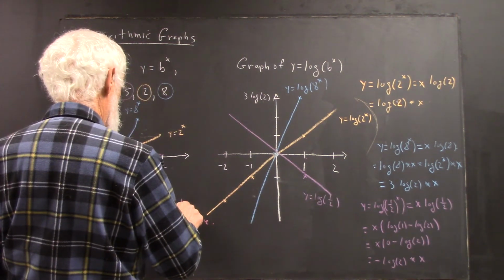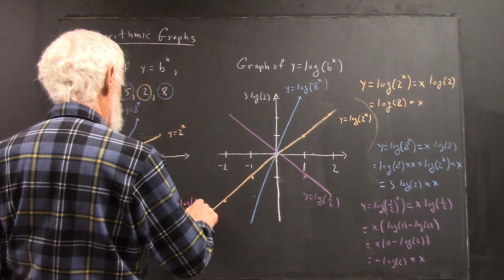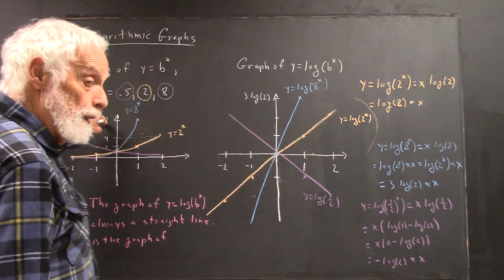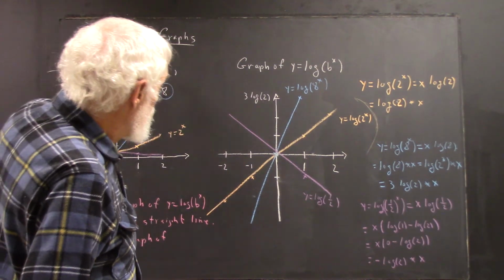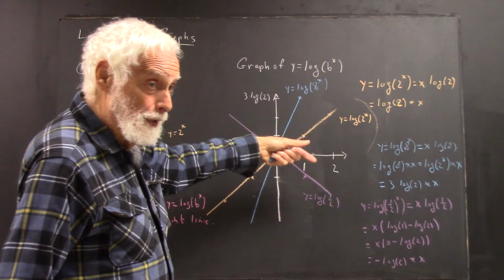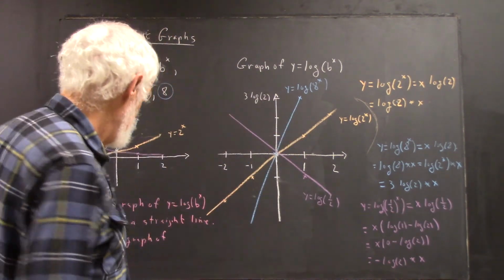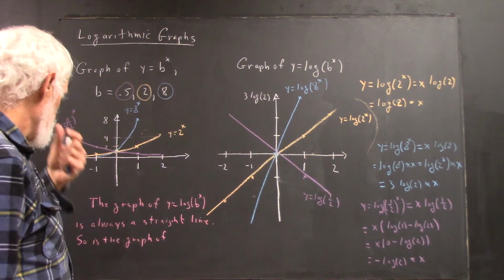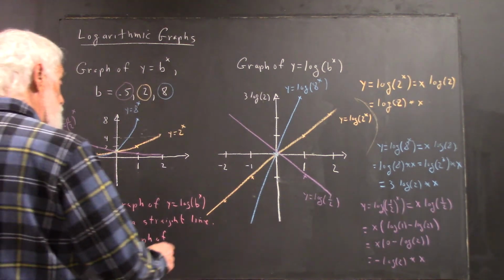Y equals log of b to the x. In other words, these are the b to the x graphs. These are the graphs of log of b to the x. The graphs of log of b to the x are always straight. Okay, so the graph of y equals log of b to the x is always a straight line, and so is the graph of